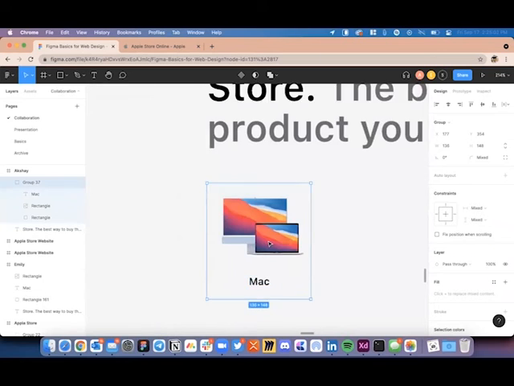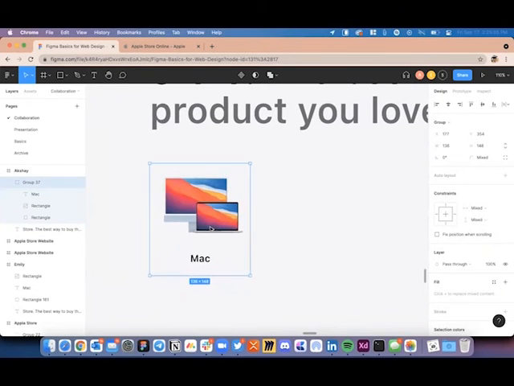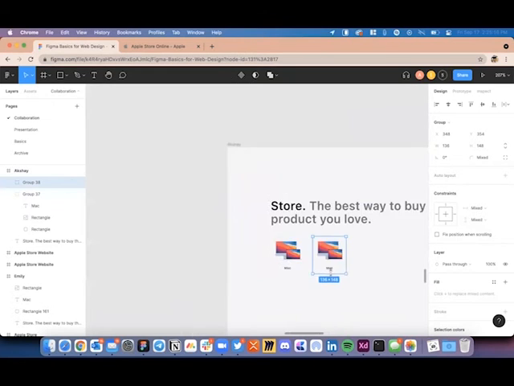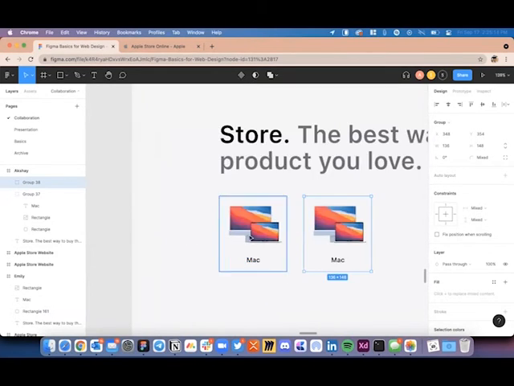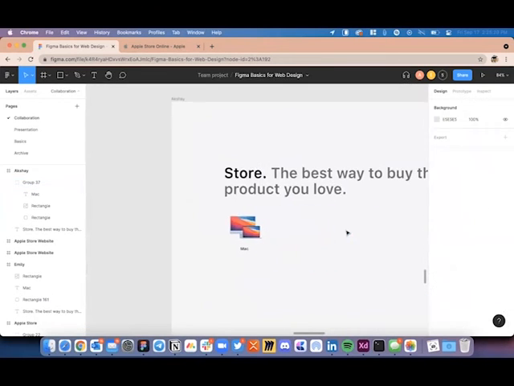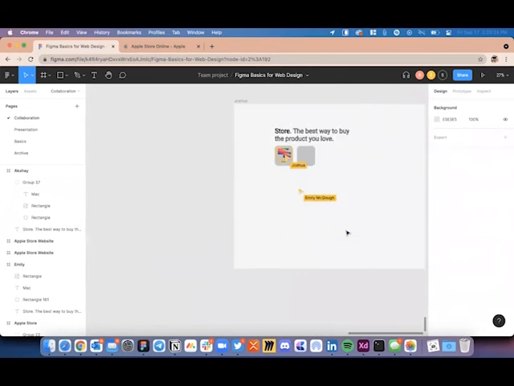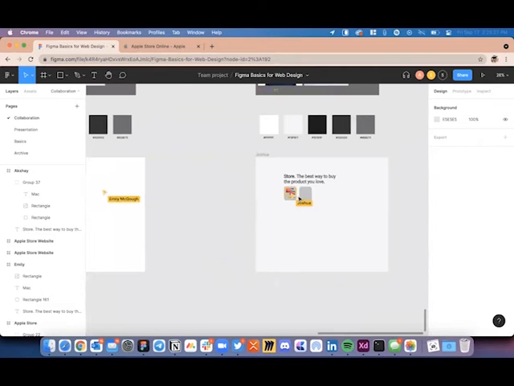So now, before you go ahead and proceed, do that. You will see that this allows me to just duplicate it. And then I can just go ahead and change the image and the text later. So we just need to make sure that this one component is made properly. Do you all want to go ahead and spend some time on your screen and do it? Let us know when you're ready so that we can move forward.